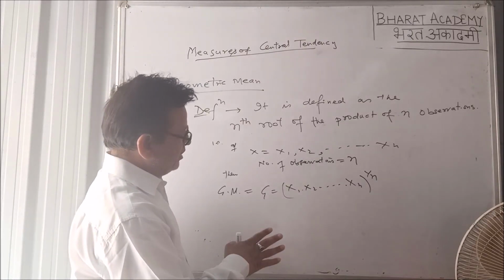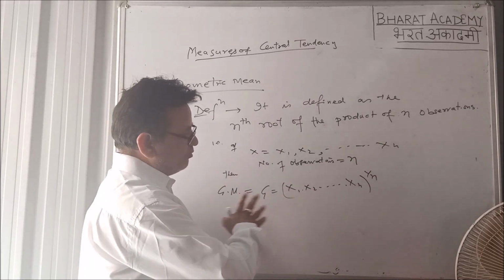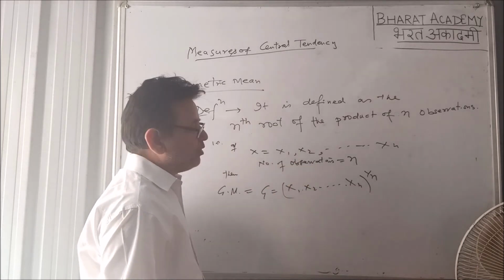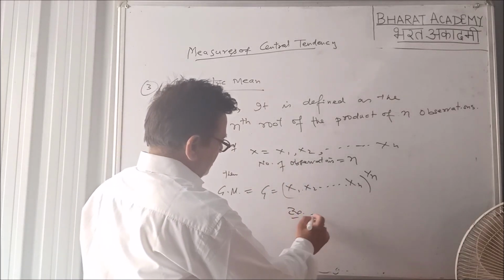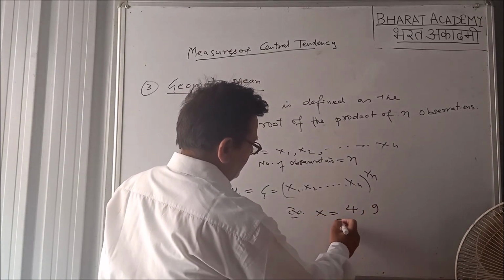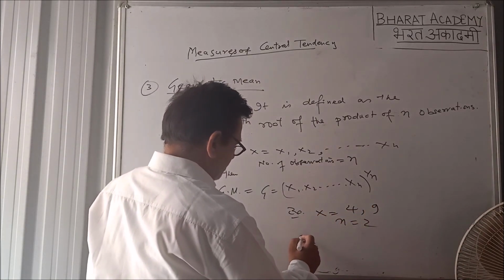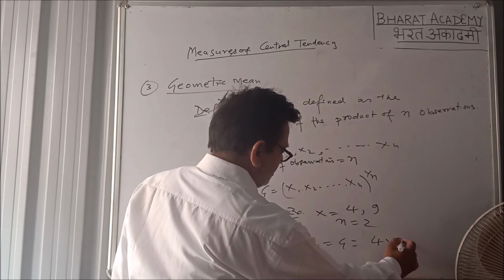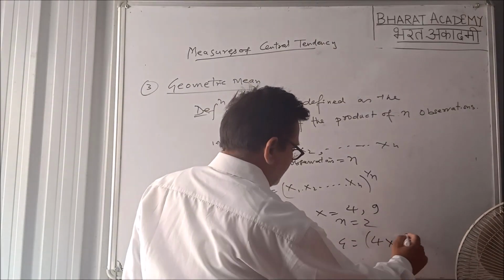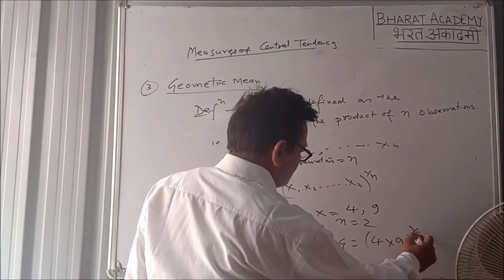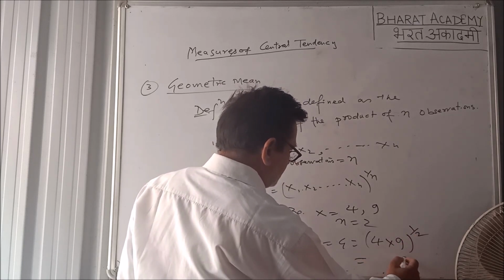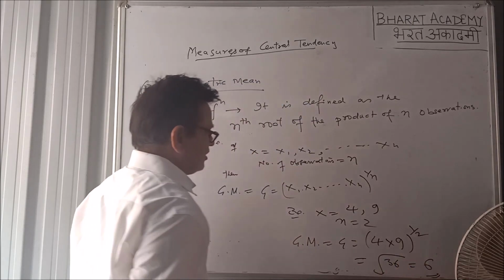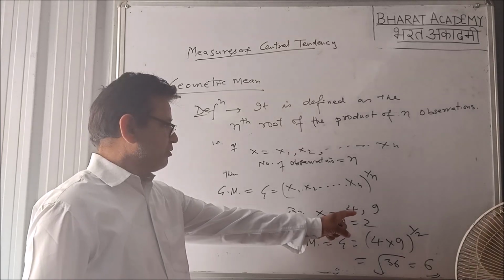Geometric mean में students जो n ऑब्जर्वेशंस हैं उनको मल्टीप्लाई कीजिए और जो भी मिलेगा उस सब पूरे का nth रूट. nth रूट मीन्स 1 अपॉन n. एग्जाम्पल हम ले सकते हैं, अगर x इक्वल टू है 4 और 9, n इज इक्वल टू हो गया 2, तो इसमें ज्योमेट्रिक मीन जो होगा G इक्वल टू प्रोडक्ट ऑफ दीज ऑब्जर्वेशन, प्रोडक्ट ऑफ 4 and 9 and its nth root 1 upon n. Here n is 2, 1 upon 2. 1 upon 2 means under root 4 into 9, this is 36, root of 36 is 6. This 6 is the geometric mean of these two numbers, 4 and 9.